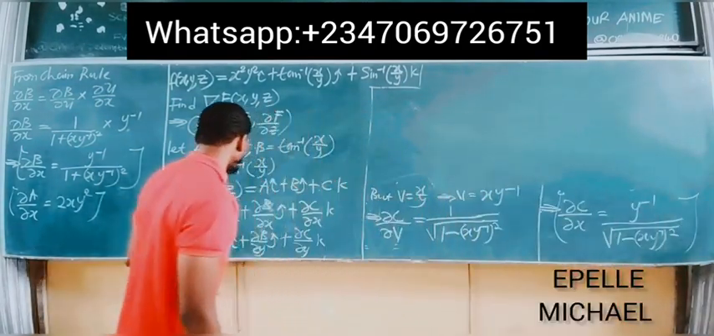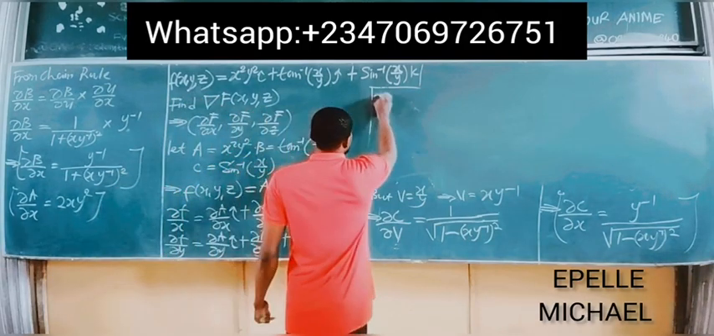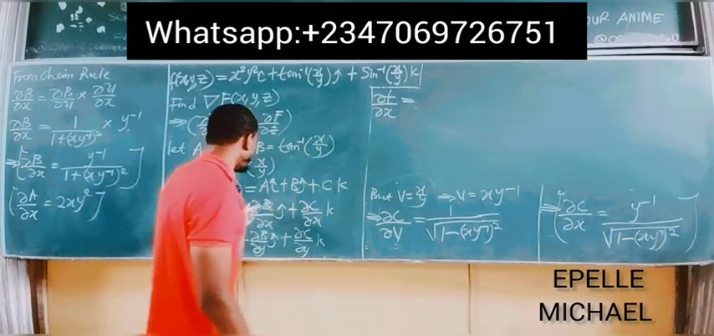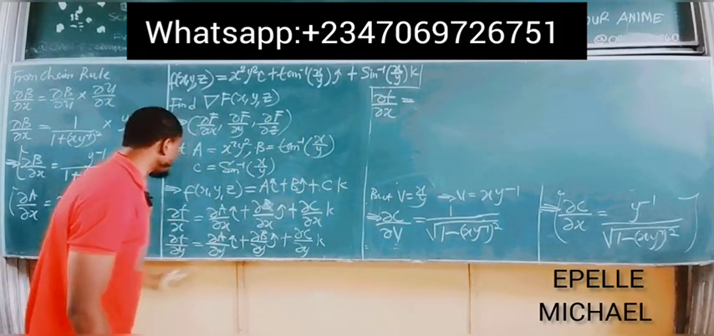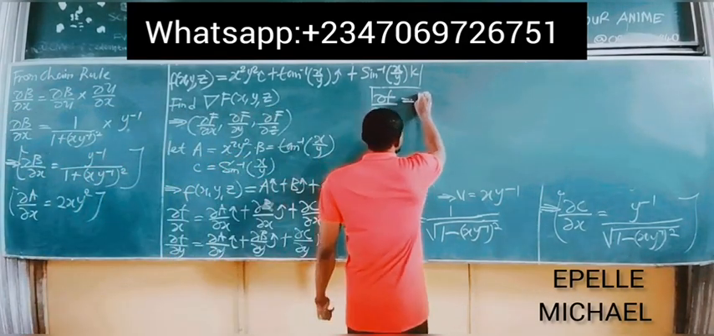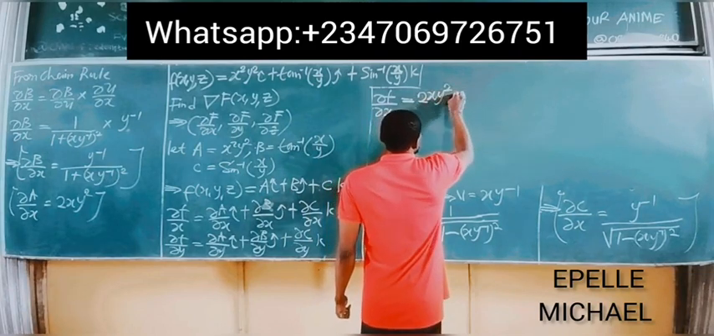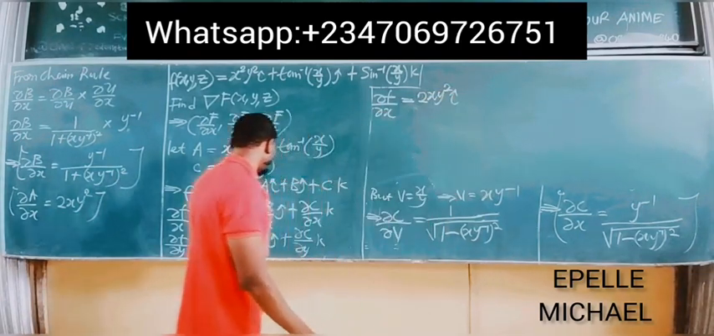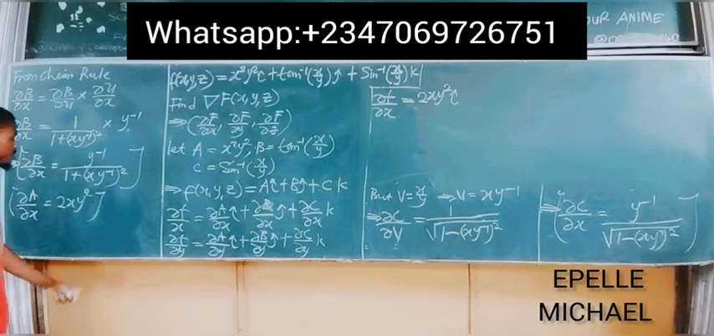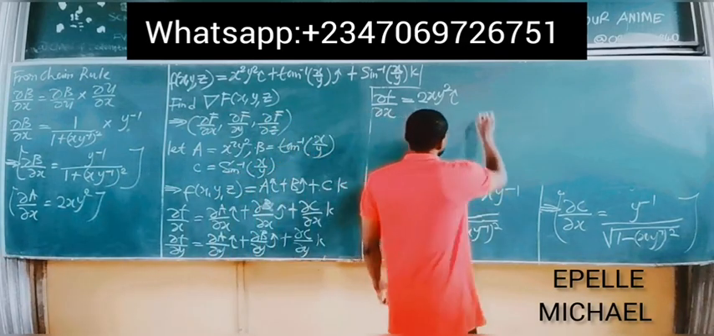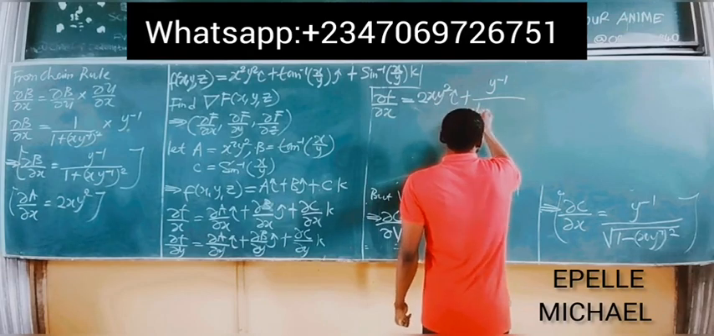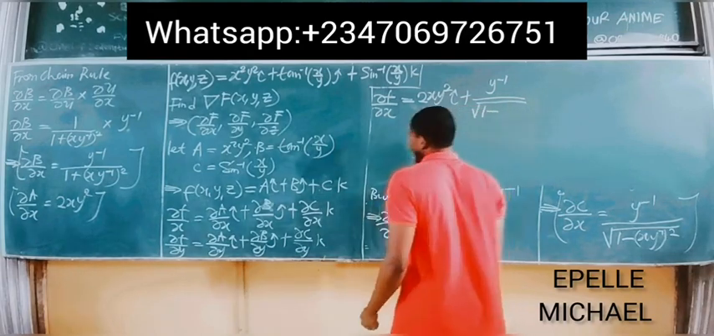All right, so for that first function, partial f partial x is now equal to, so we said partial a partial x i and partial a partial x give us 2xy squared. So we simply have 2xy squared i, attach your i to it, plus partial b partial x j, and partial b partial x give us this y to the power of minus 1 all over the square root of 1